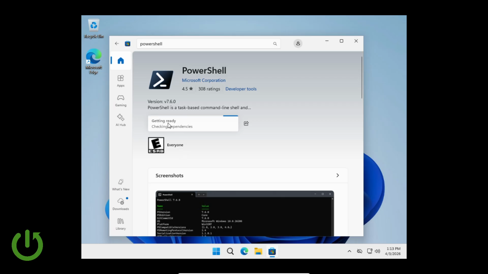Now we have to wait a bit. Getting ready, as you can see, preparing to download, and our PowerShell will be installed in a second. As you can see, it is 114 megabytes,